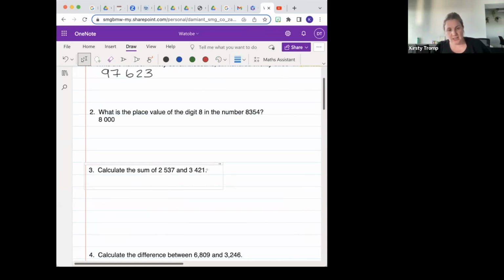You can see, because we're doing a revision lesson today, all our questions are mixed. So we're not just sticking to one concept today. We're moving with different concepts. So all our questions are slightly mixed. Okay. Our next question says to us,